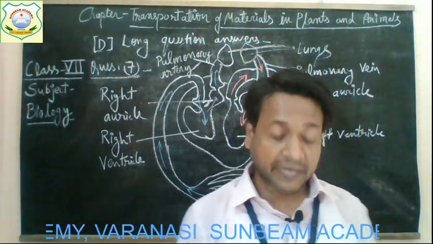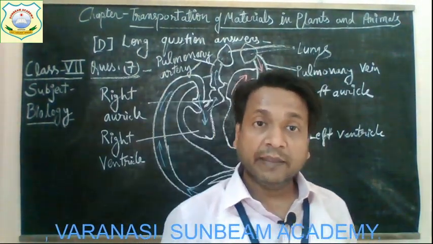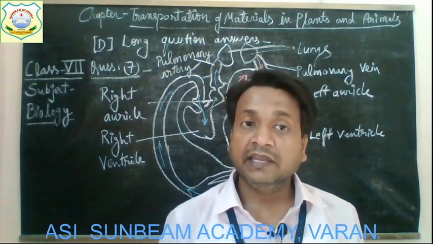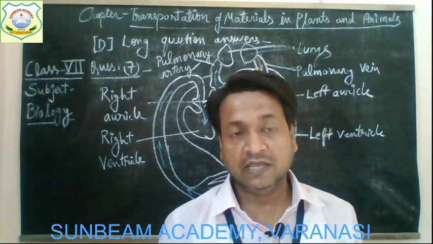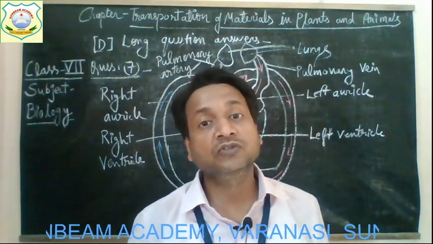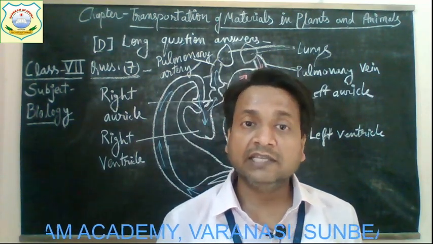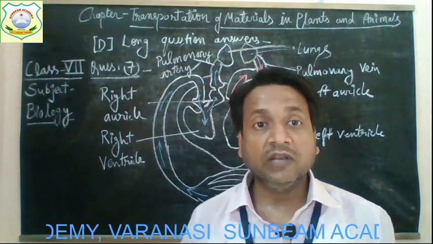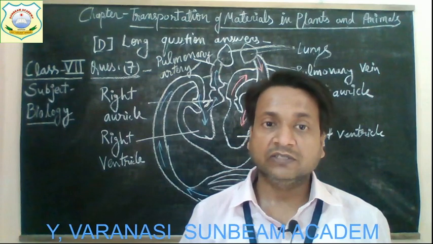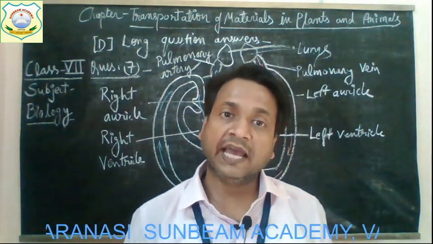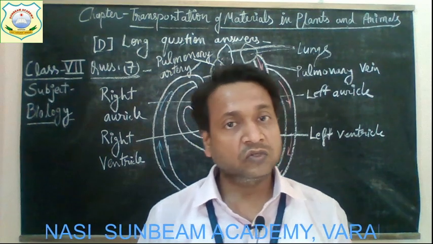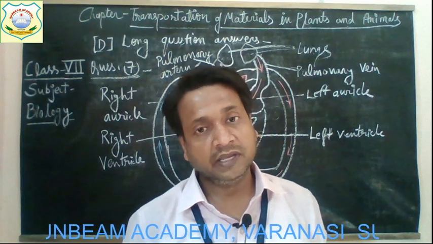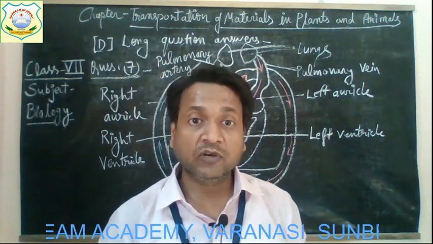Okay, and question number 8 is, draw a labelled diagram of the human urinary system, showing and explaining its various organs. Again, in this question, children, you have to draw the diagram of the urinary system. Remember that we have discussed in the class about the urinary system and the diagram also. So here in this answer, you have to draw the diagram. If you have drawn, no need to draw it again. If you have not drawn, you will draw now in question number 8. Okay, and the diagram of the urinary system will be,